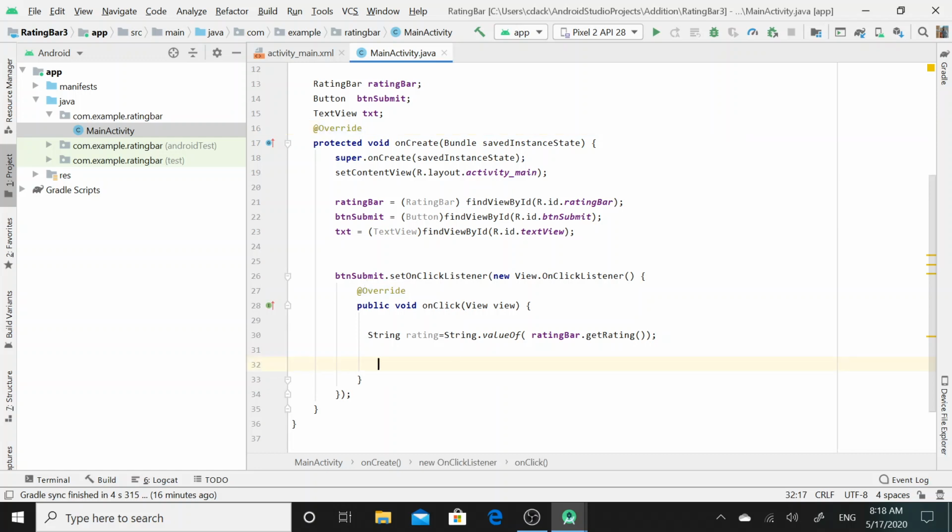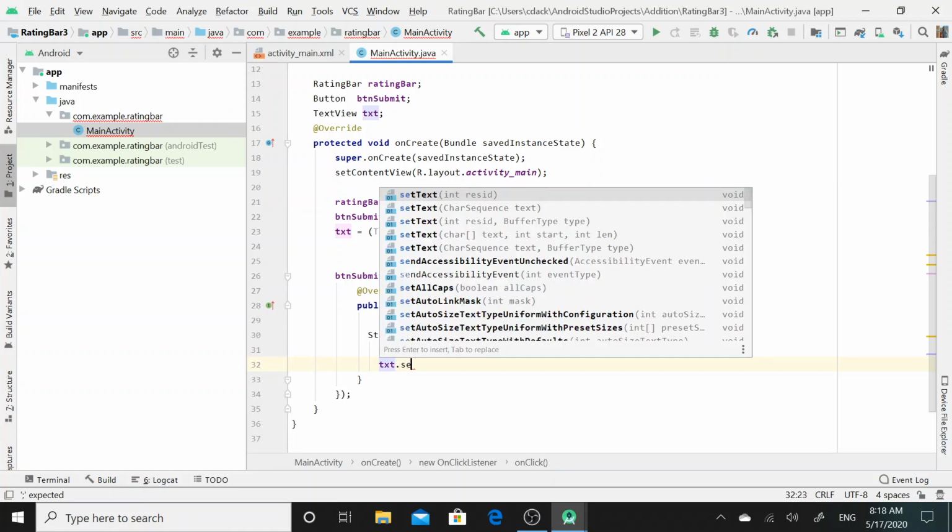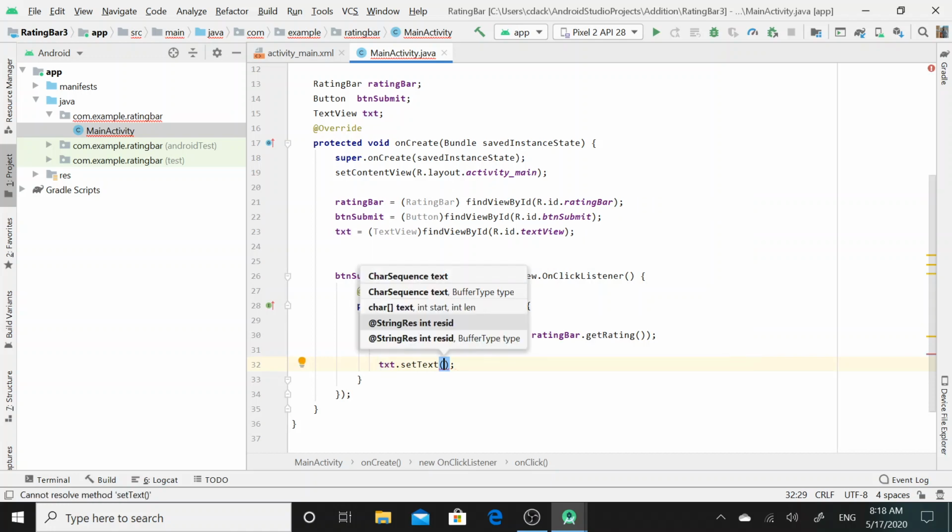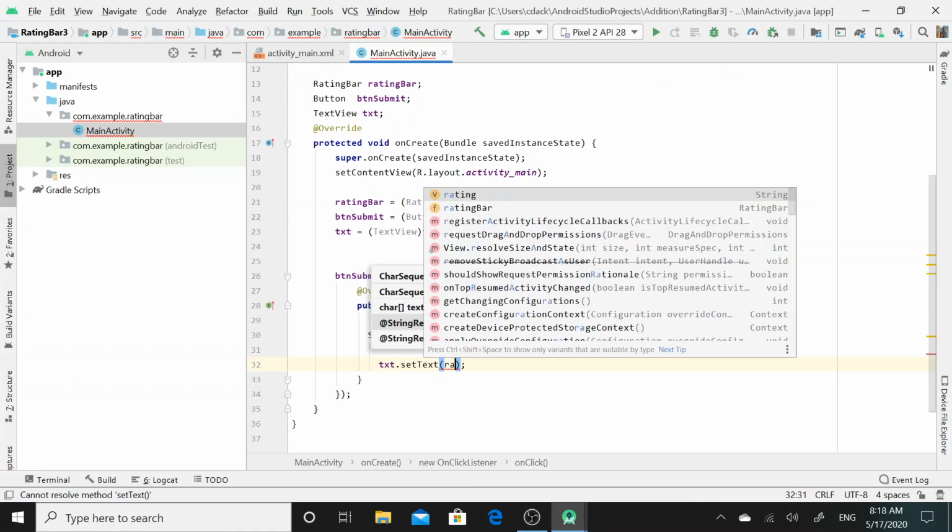So I will here call the txt reference of the TextView class and call the setText method, and I will pass the parameter as the rating variable.